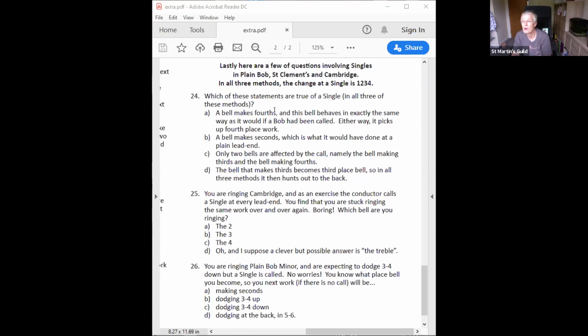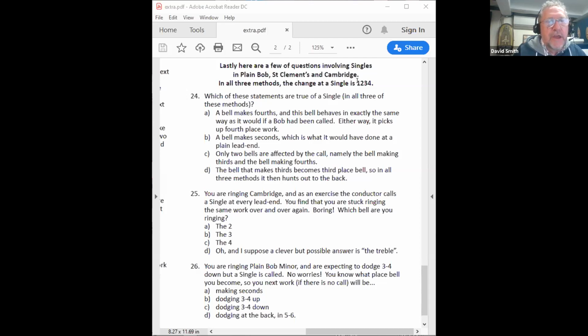Anybody? Yeah, we got a few more. So I'm switching between screens. So yeah, we seem to have got a majority of people agreeing with that, of the people who are making a decision. Yep. A bell does make fourths because the change here, we've asked the conductor what happens at a